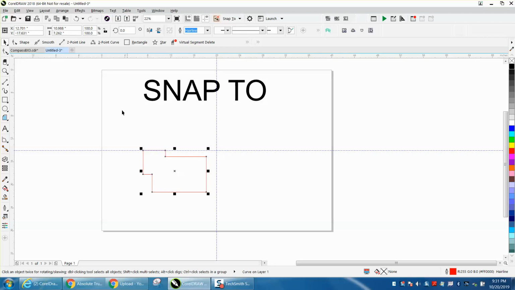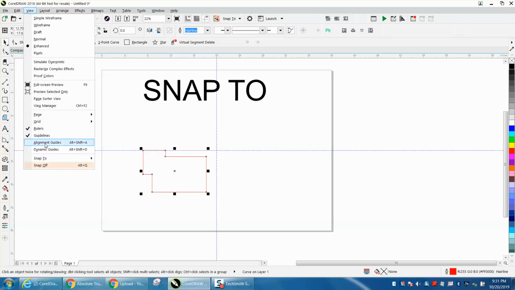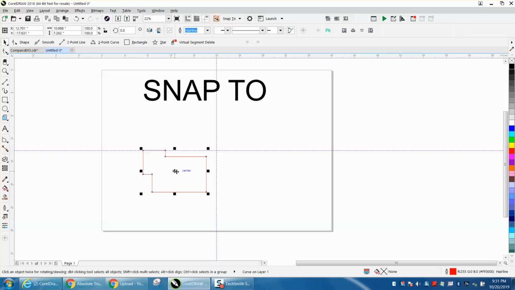But if we go to View, Snap to Page also, now it snaps to this center. It puts the word center in there. So there's a snap to the edge and edge, but I'm in the center. If you have a weird shaped object, this is Corel's version of the center of the object, and I guess we could maybe prove that by using the virtual segment or